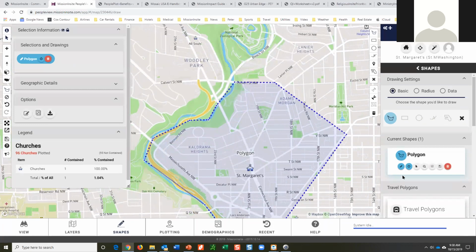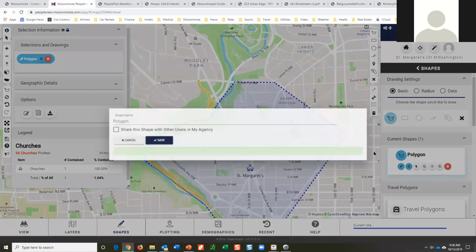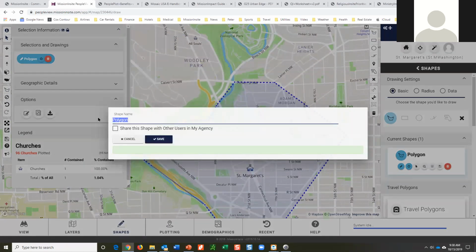Now, once I've created a shape, this little box opens. It says, all right, what do you want to do? And I say, I want to save this for later. So I'm going to click here. And now I'm going to put, say, main area. There you go. Well, that's not good.